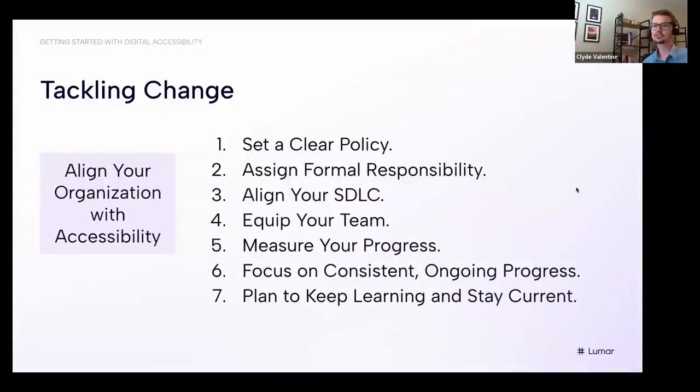It's one thing to work on accessibility informally, and that's great to start. But how do you then build momentum? How do you sustain that progress? How do you measure your efforts over time? There are a lot of webinars out there on this, a lot of blog topics, all sorts of things. But what I've tried to do here is distill it into what I think the most critical elements are. The first thing is to really set a clear policy and standard around accessibility.